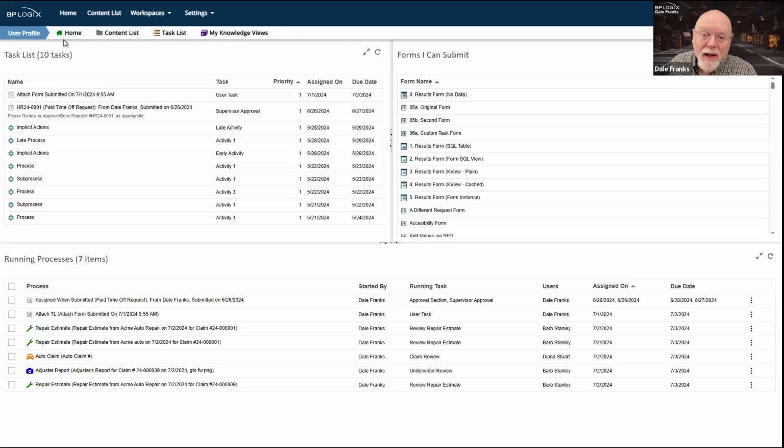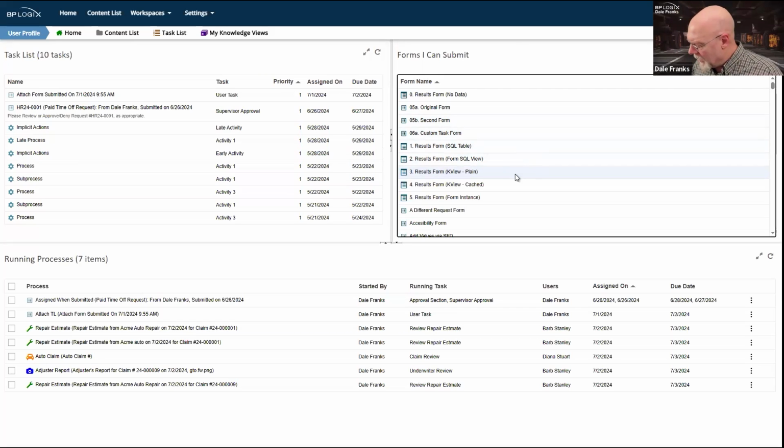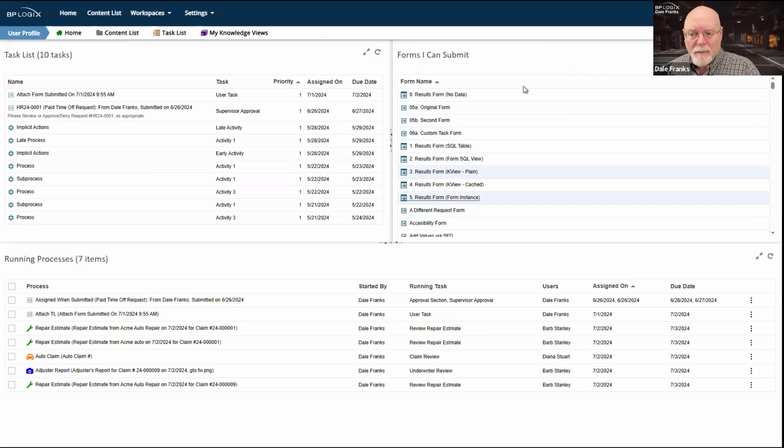So in a case like that, where you're just trying to create a generic workspace, maybe dropping in forms I can submit is important simply because different users are probably going to have access to different forms. They're going to be members of different groups. Different groups can submit different forms, presumably, depending on how you've set up your permissions methodology on your specific system. So this is a good catch-all knowledge view for end users who are not administrators. Obviously, for administrators, much less useful.